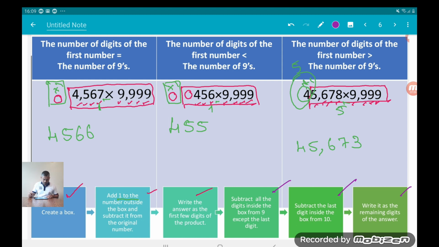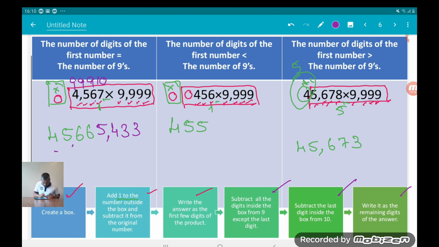So what we have to do is very simple. We have to write 9. Okay, so we just write 9, 9, 9. What is the last digit? That's 7. Just put a 10 there on the top. Now we have to subtract. So what is 9 minus 4? We get 5. What is 9 minus 5? We get 4. What is 9 minus 6? We get 3. And what is 10 minus 7? We also get 3. So we got the answer already.